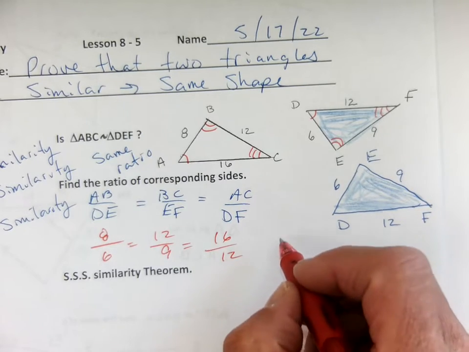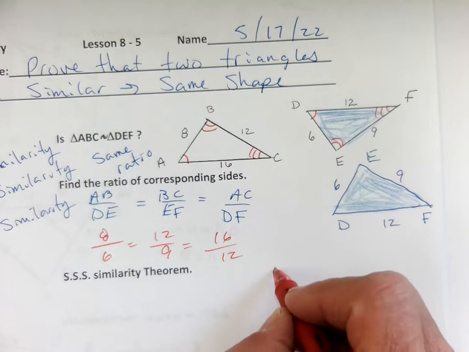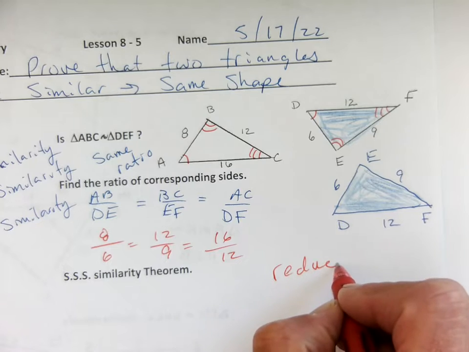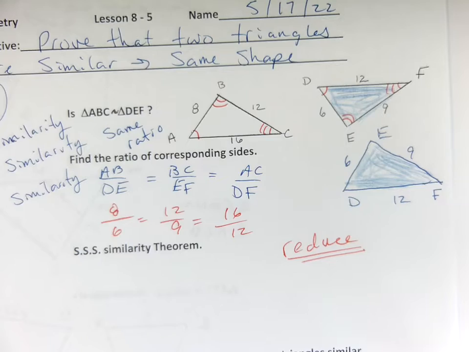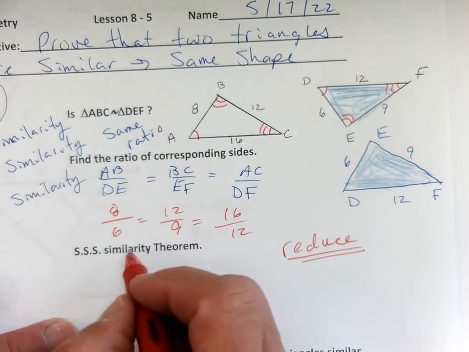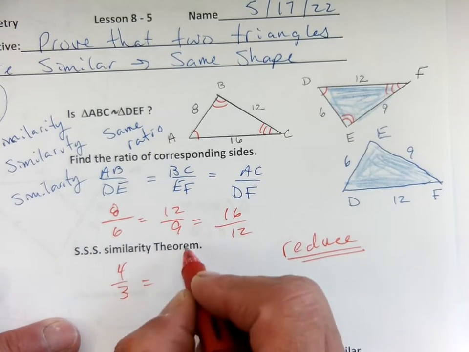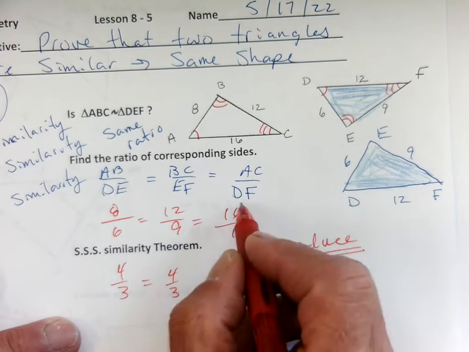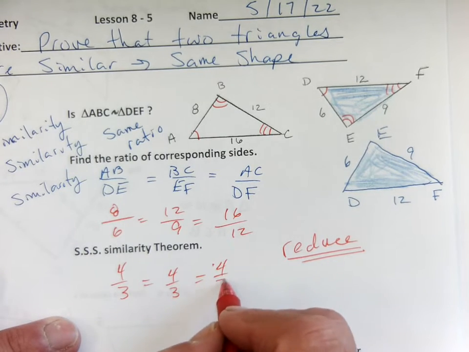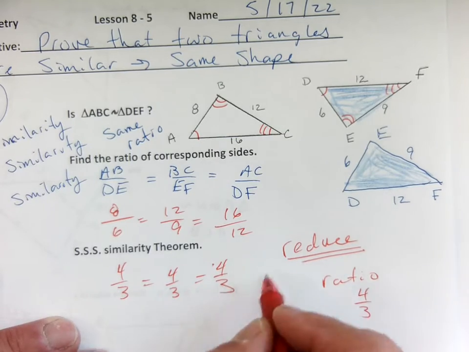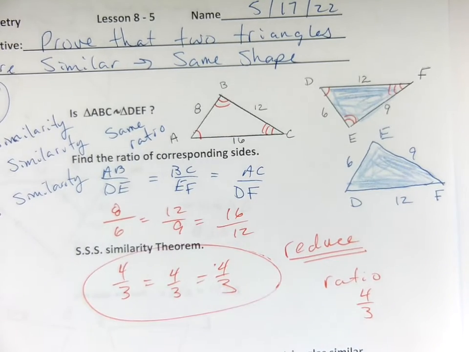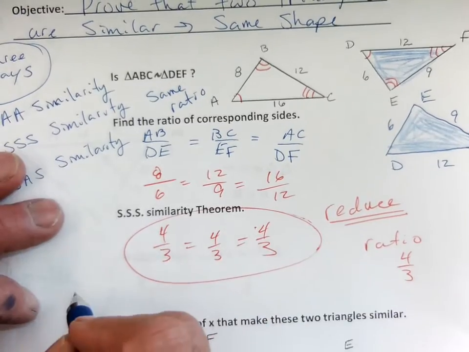Now, if we reduce these, let's reduce all my fractions, and hopefully when I reduce all my fractions, we'll get the same ratio. Well, 4 over 3, 4 over 3, 4 over 3. So my ratio is 4 to 3, and they're all the same, aren't they? They're all the same. So are the triangles similar? Yes. We're going to say yes,